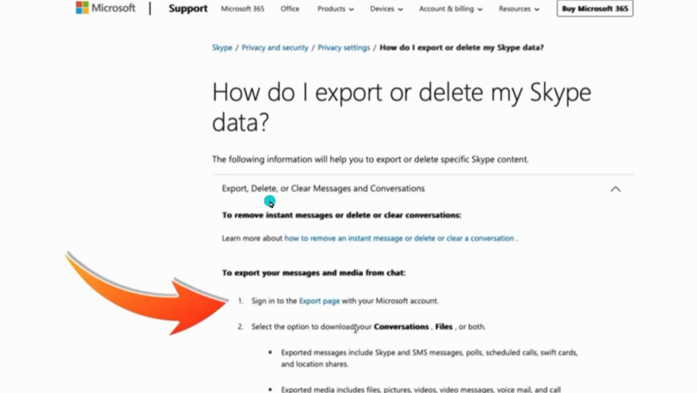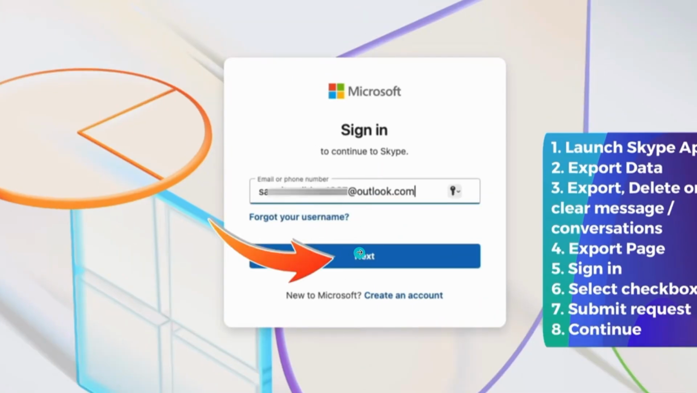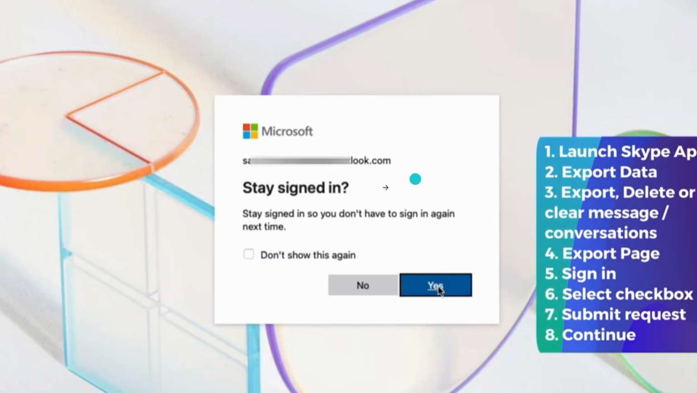Once it's ready, the download link will appear on that page. Save the archive in a safe location, and that's it. Using the in-app move, your Skype chats and contacts are brought into Teams, or with the export method, your data